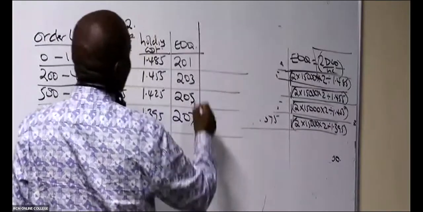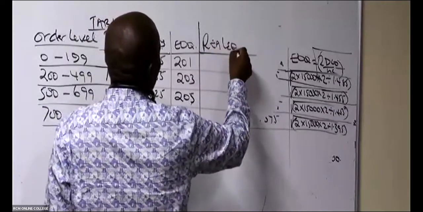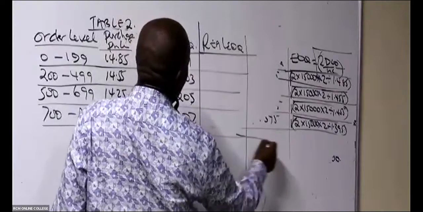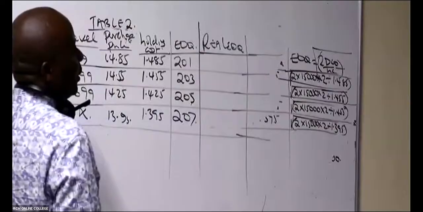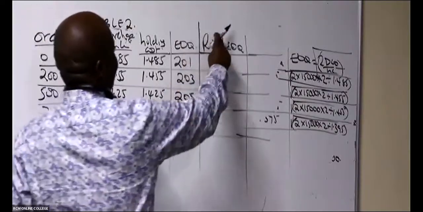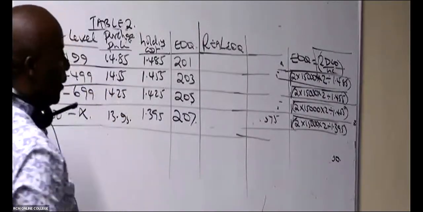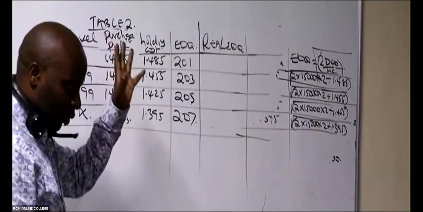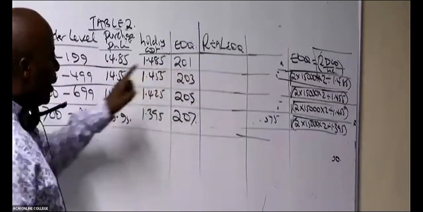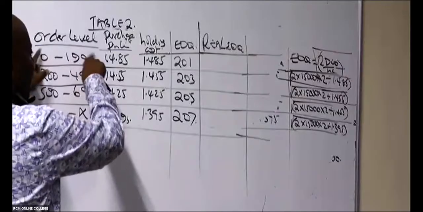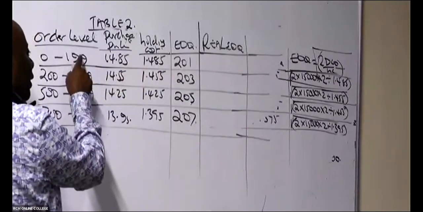Then create a column here for the real EOQ, the real economic order quantity. There are 3 conditions. If the EOQ calculated falls outside the range, if this EOQ computed is more than the upper limit,